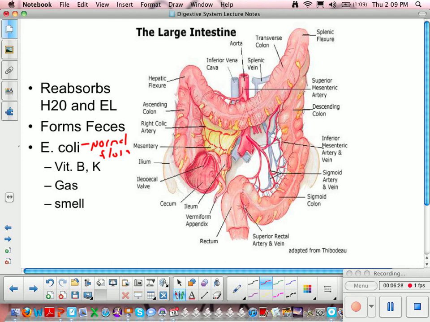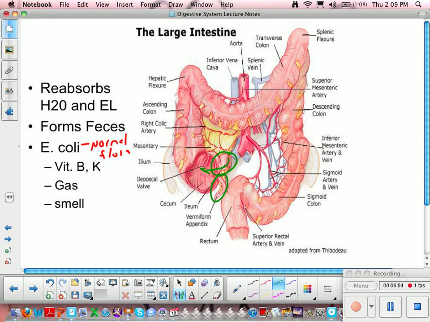So here is the large intestine, and the parts we're really concerned with: you have the ileum, which will be the connection to the large intestine. Right here at the end of the small intestine and beginning of the large intestine, you have